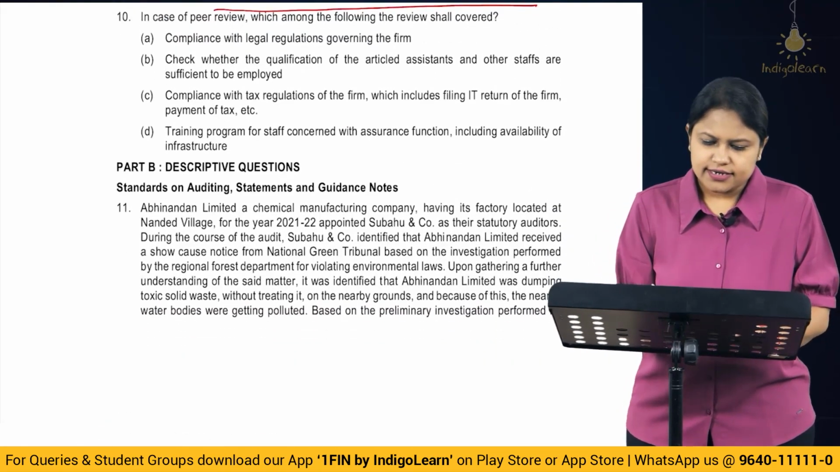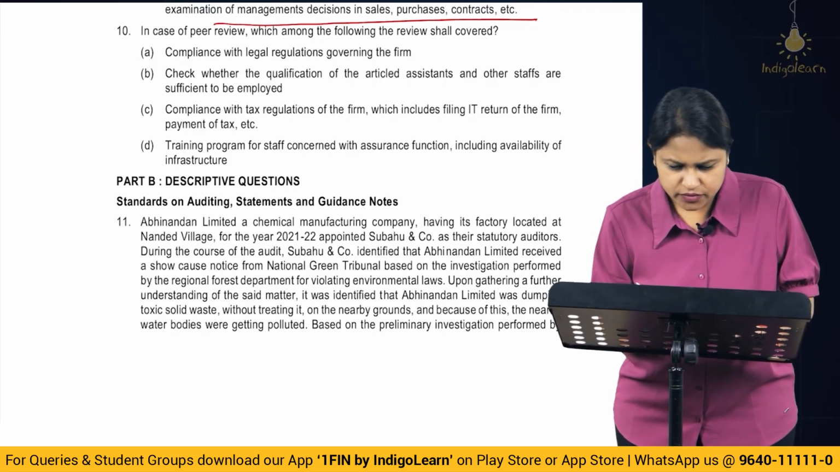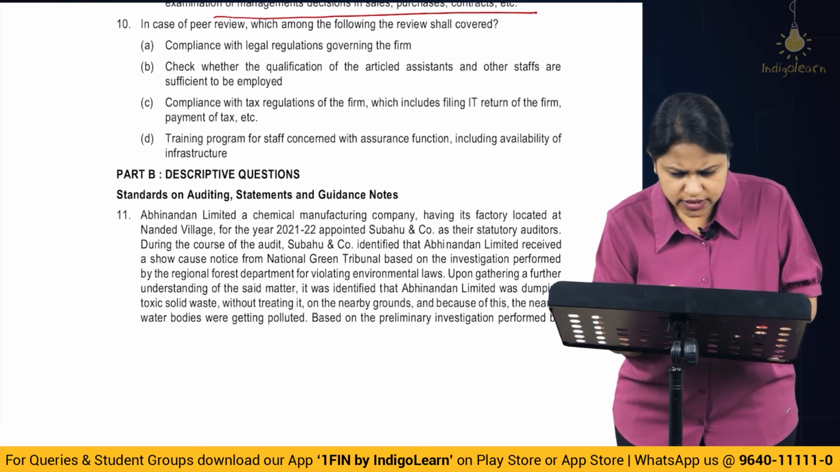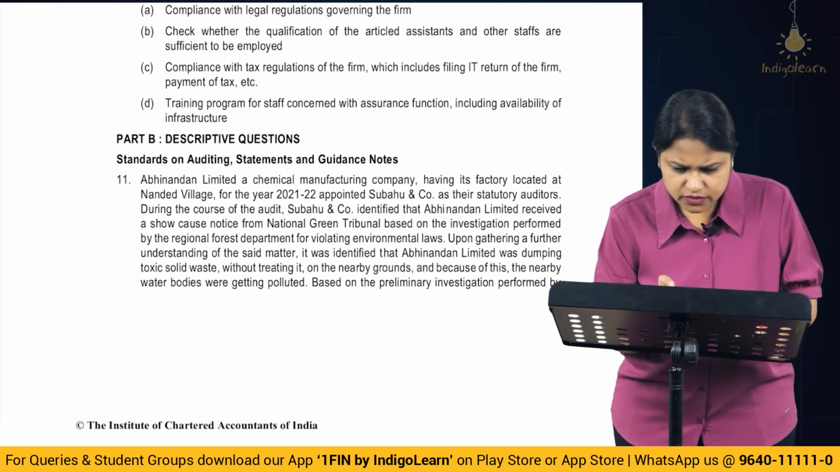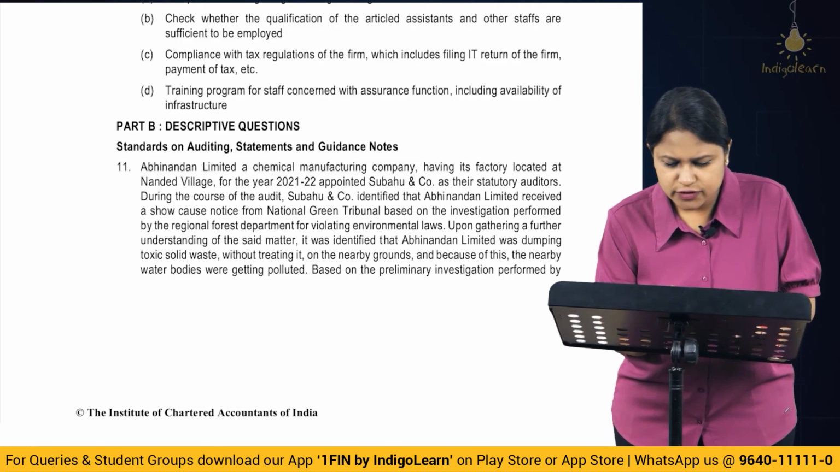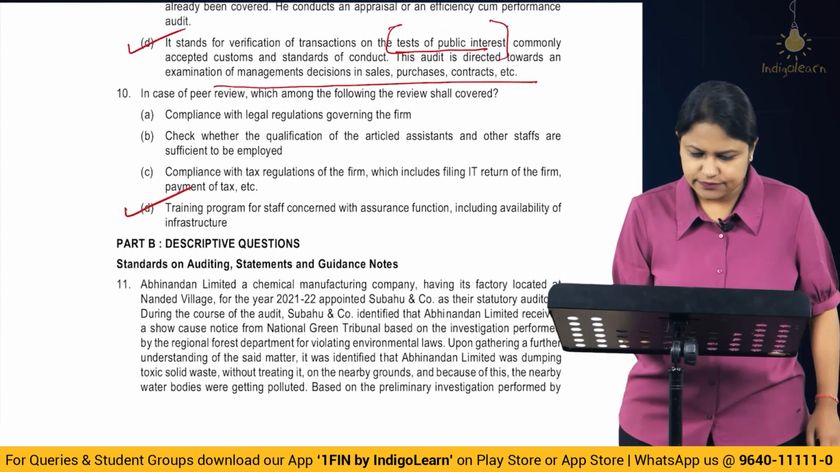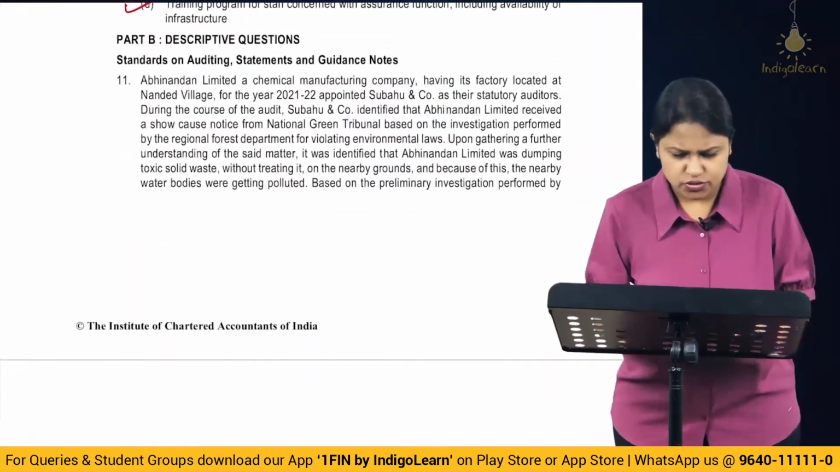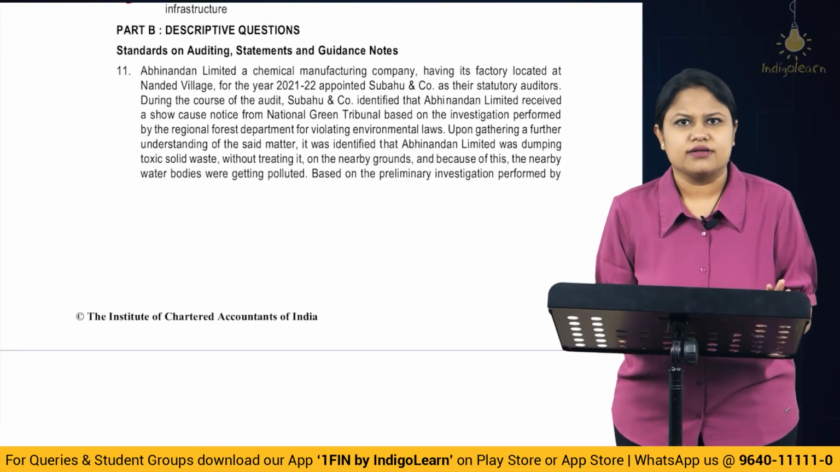Alright, then 10th one. In case of peer review, which among the following reviews shall be covered? Compliance with legal regulations governing the firm? No. Check whether the qualification of article assistants and the other staffs are sufficient to be employed. Compliance with tax regulation of the firm including IT? No. Training program for staff concerned with assurance function including availability of the infrastructure. The answer is D. Alright. So these are all the points of discussion that we have for the MCQs. So looking at the MCQ, you'll understand they are not very complicated, purely conceptual. Alright. Then